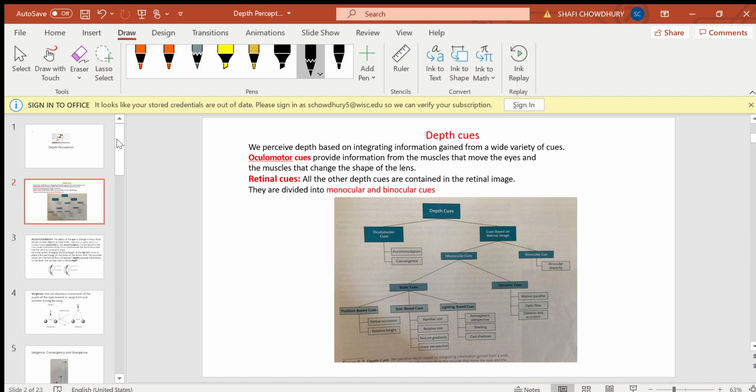So the depth perception can be judged or processed by the brain from a single retina or one side's retina. And binocular cues include the binocular disparity, which is a very important cue for the fine depth perception. Okay, so the binocular